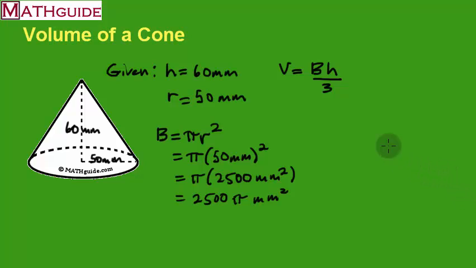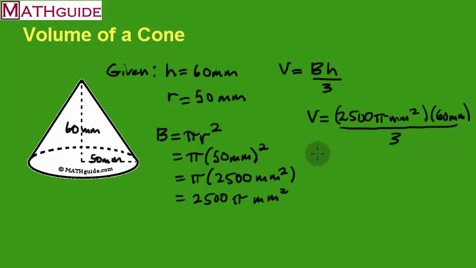Alright, so next what we're going to do is move towards the volume. If we're going to calculate the volume, we'll take our area of the base, 2,500 pi millimeters squared, and we're going to multiply that by the height. We know the height is 60 millimeters, and of course it says that we've got to divide that all by 3. Alright, so a little bit of cleanup here. Instead of multiplying, I'm going to divide. I'm going to take 3 into 60, it goes in there 20 times. So I have my 2,500 pi